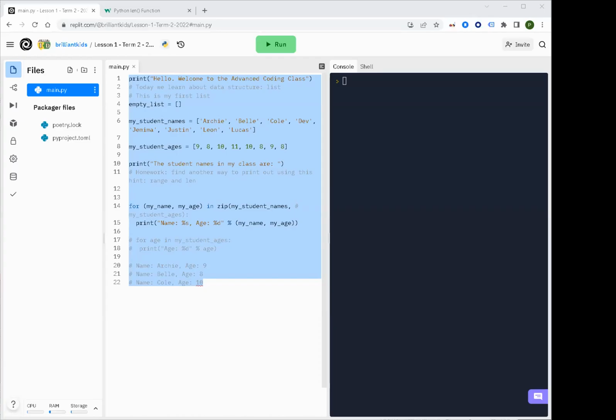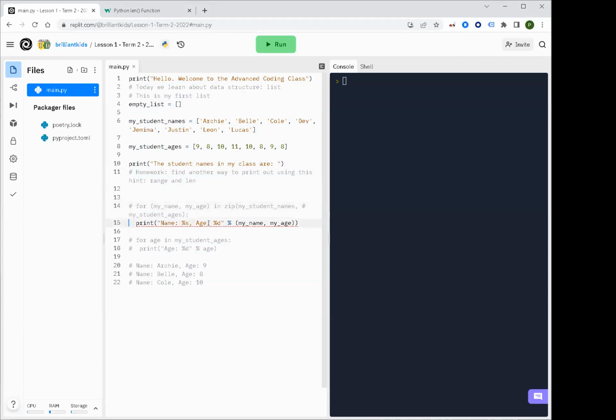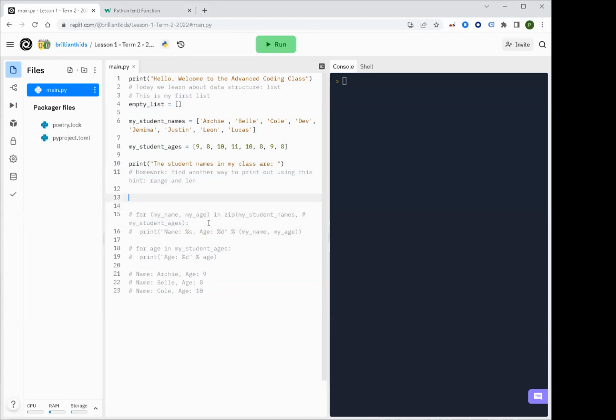All right, let's go back to the homework. Has anyone managed to do it using the for loop? Okay, the solution to do this is one way. There's another way to do it, which is we do for